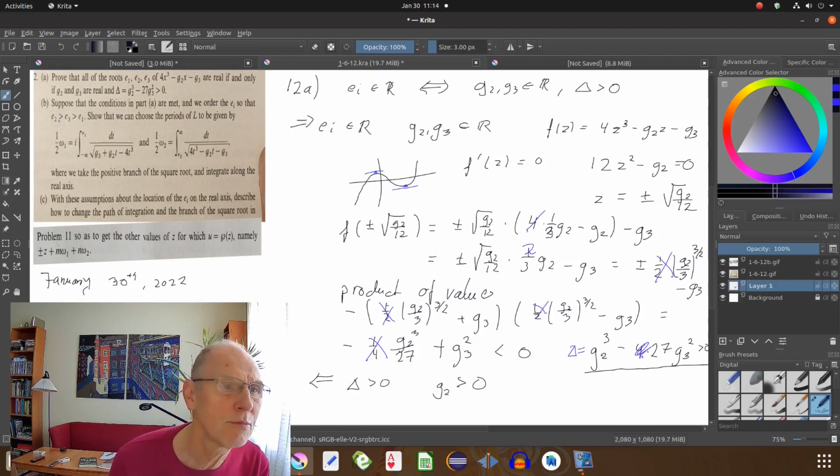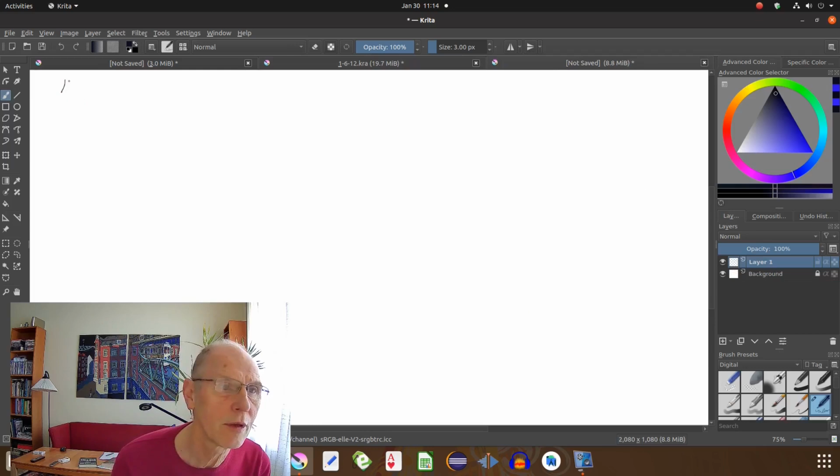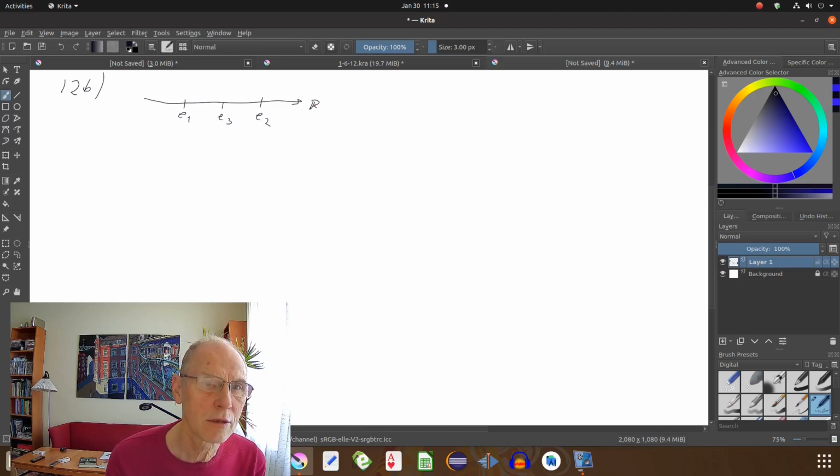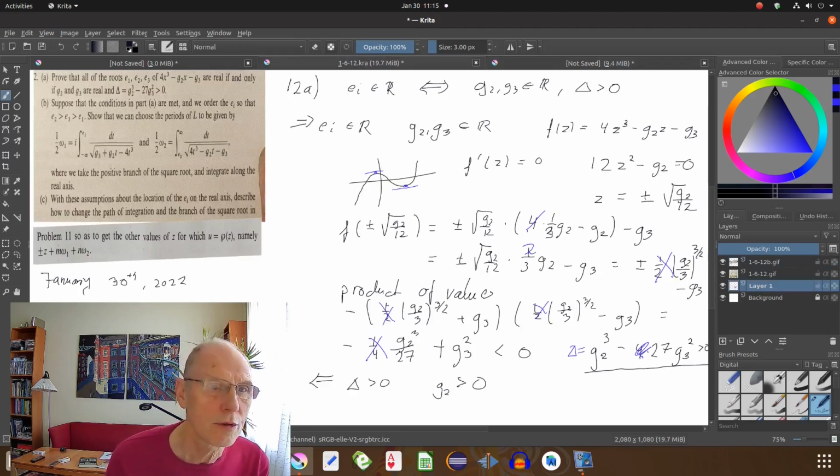We just have to put E1, E3, so that's our roots on the real axis. So this integral makes sense. This integral makes sense. And it will give